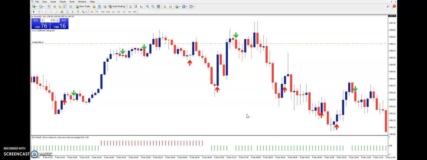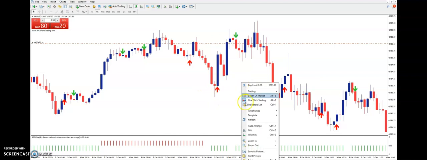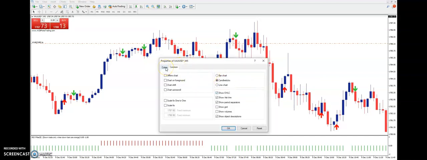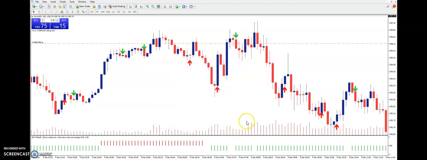So what I'm going to do is walk through the chart. I've got it on the gold chart. I've got it on the 5-minute so that we can trade exactly how it would be. Make sure that your volumes are on. So let's go to properties. Let's go to show volumes, and we show the volume on the bottom of the chart. So we can see what the volumes are, because we don't want to trade this